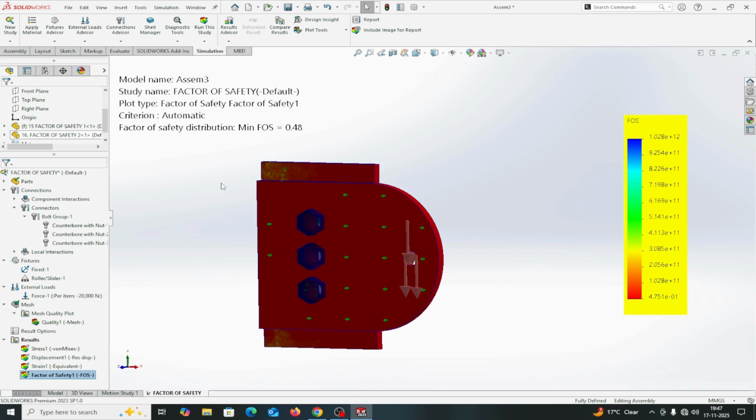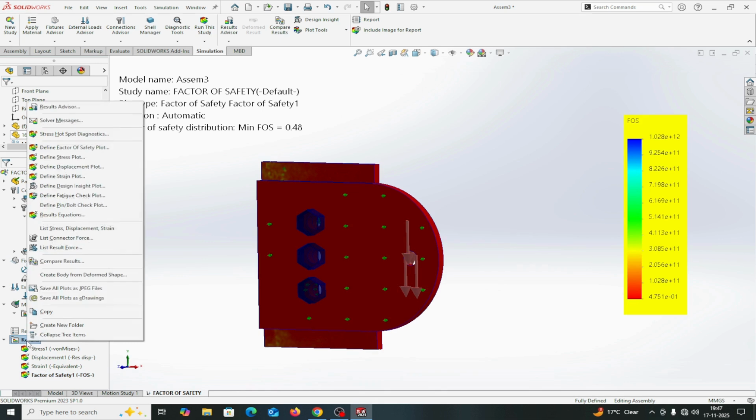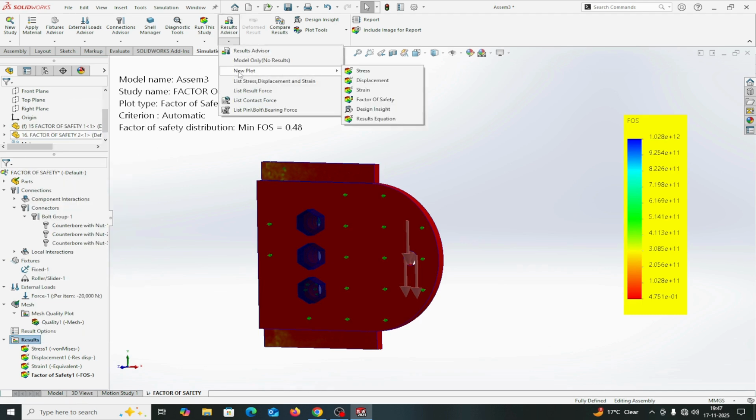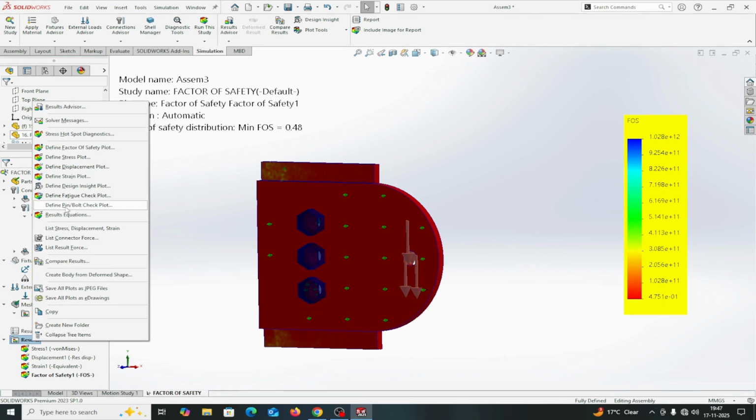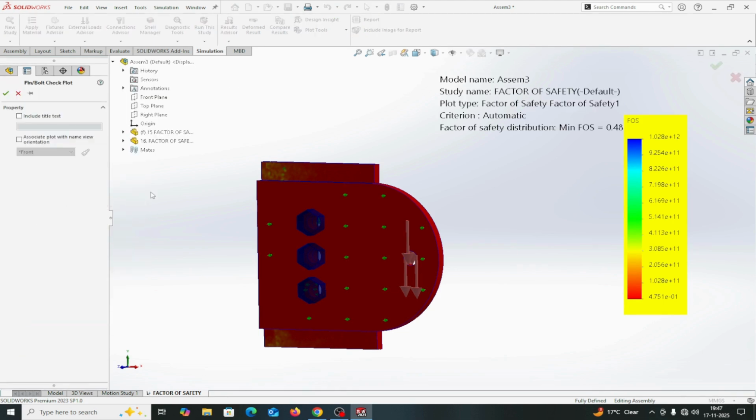Okay, but we have to study the factor of safety for the bolt connection. How will we study it here? Go to Results and define pin bolt check plot. You can also take it from Result Advisors, new, list connector force, or from the result options: define pin bolt check plot, and hit